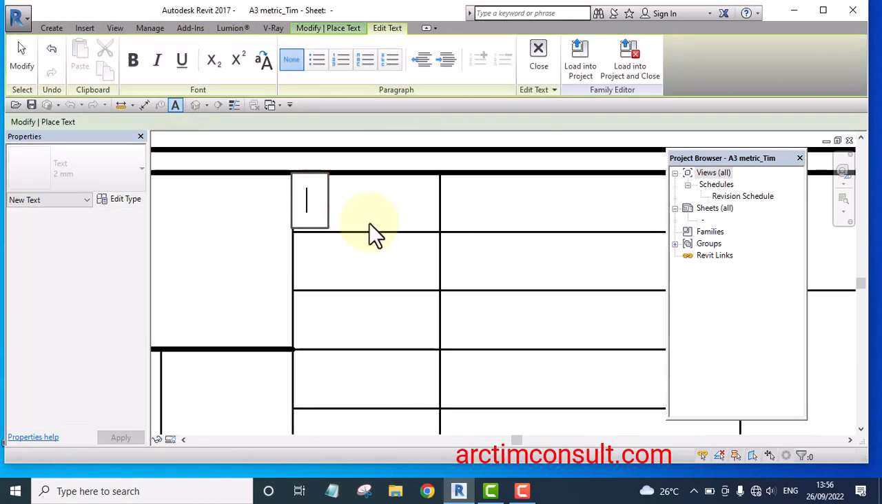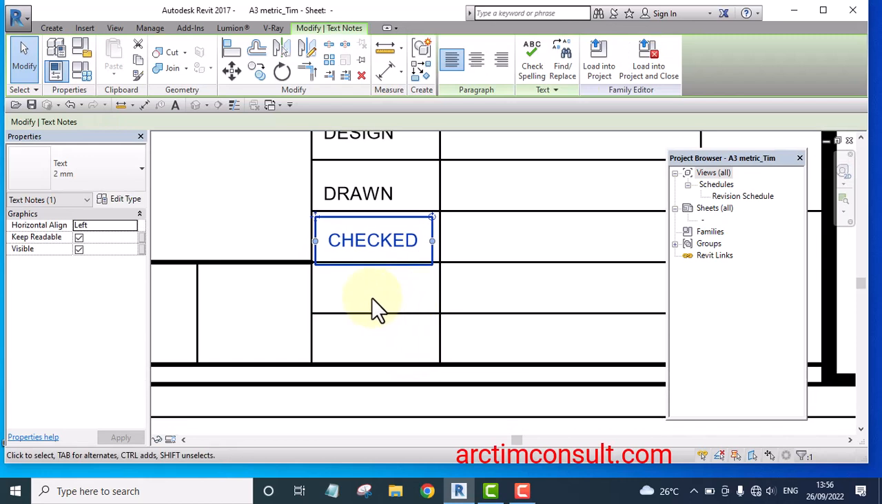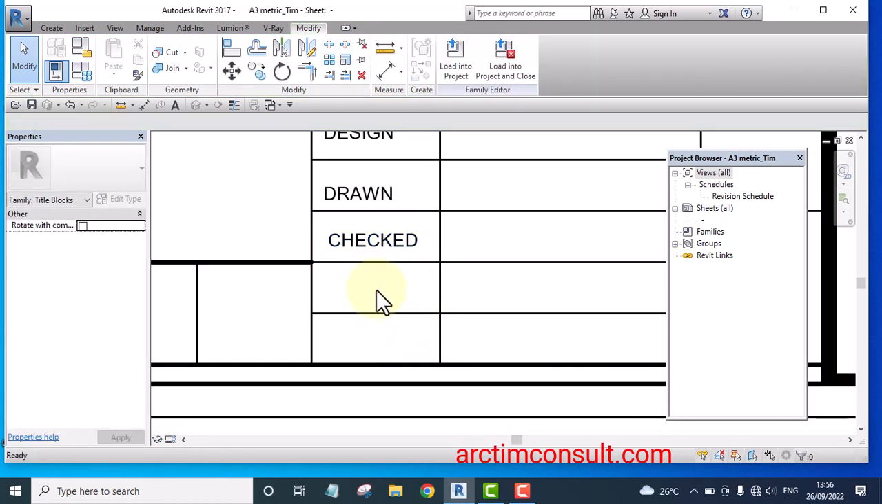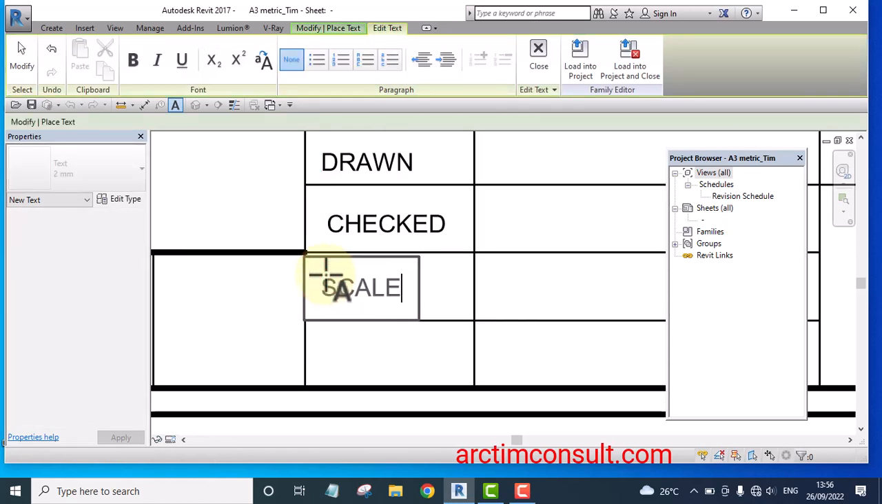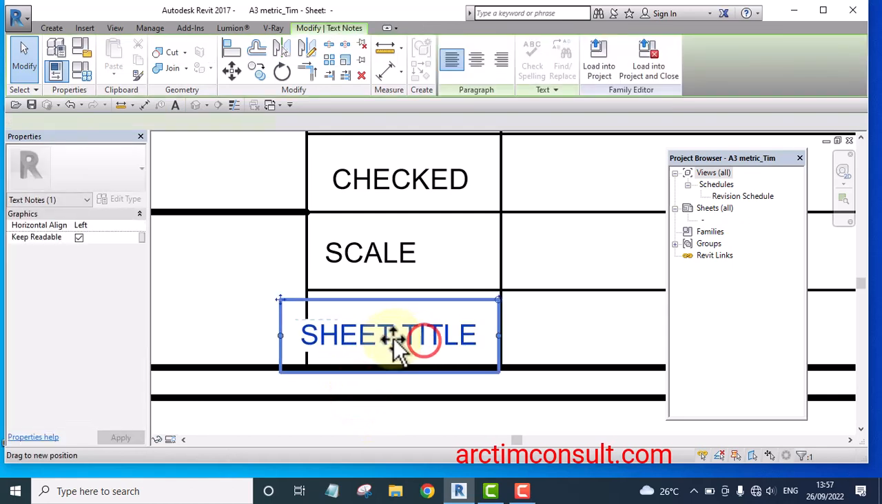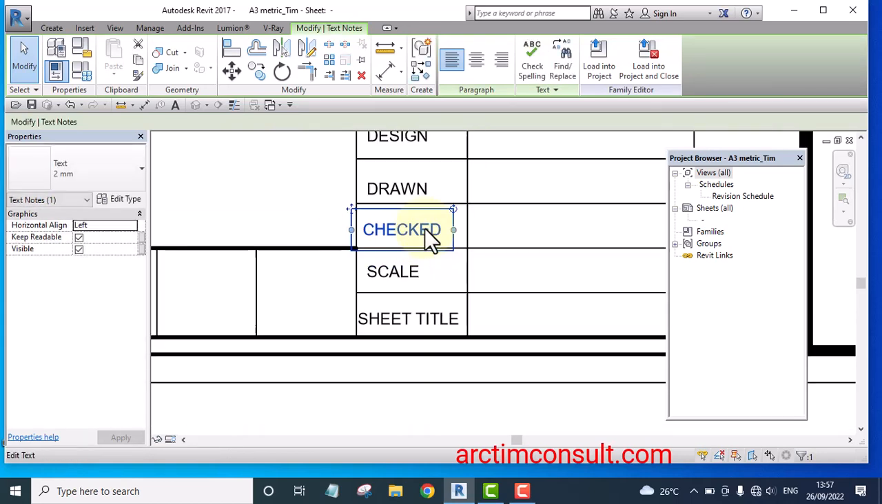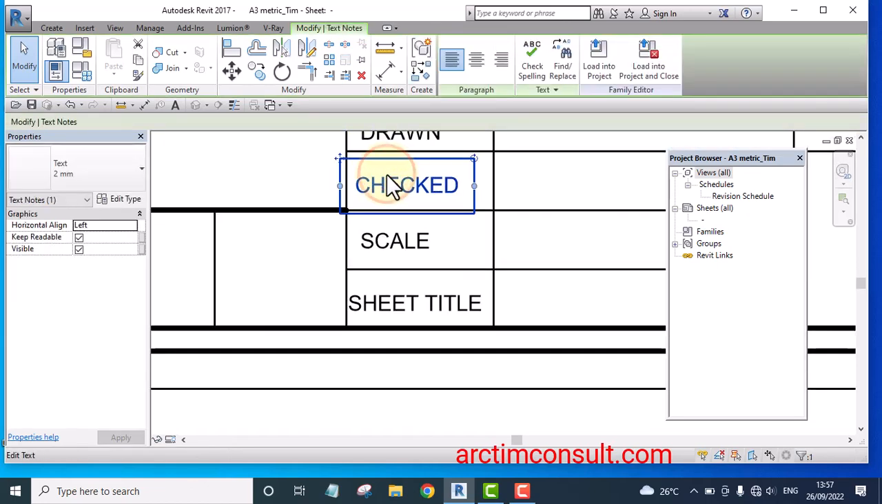Here will be design. I turn on my caps lock: design, drawn, and checked, and scale. Then this is sheet title. Let me move it to the center. Okay, let me move this one back a little bit. Let me use arrow key and move this one to the front a little bit,